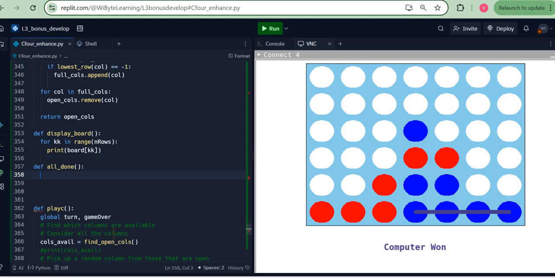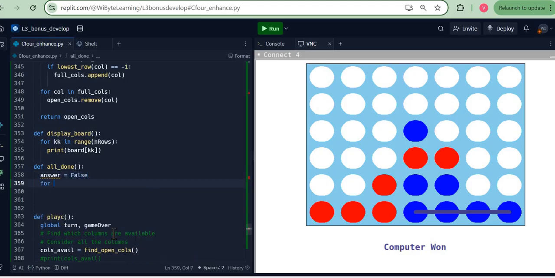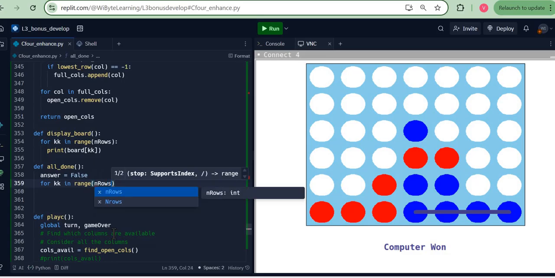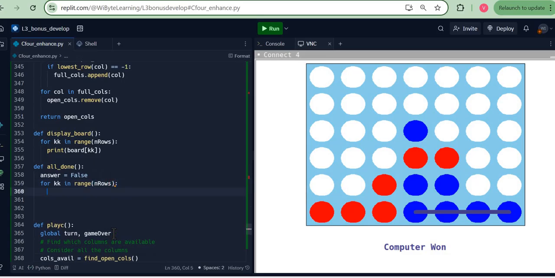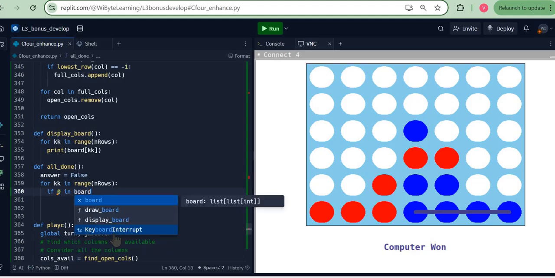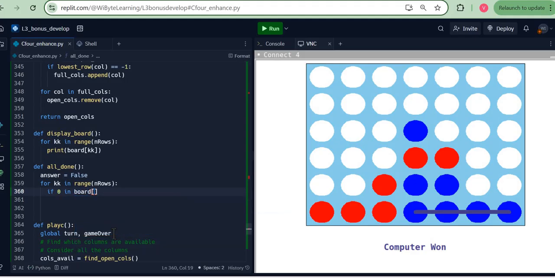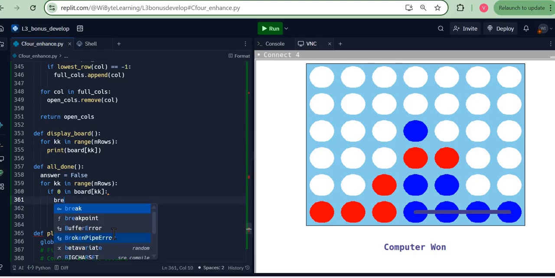because every item that you put in, red or blue, either becomes 1 or 2. So this is kind of straightforward. I can just go and write answer is equal to false. So I start with a false, and I just go and check every row. So for kk in range n rows, if 0 in board kk, so if there's a 0 in there, then I can break,